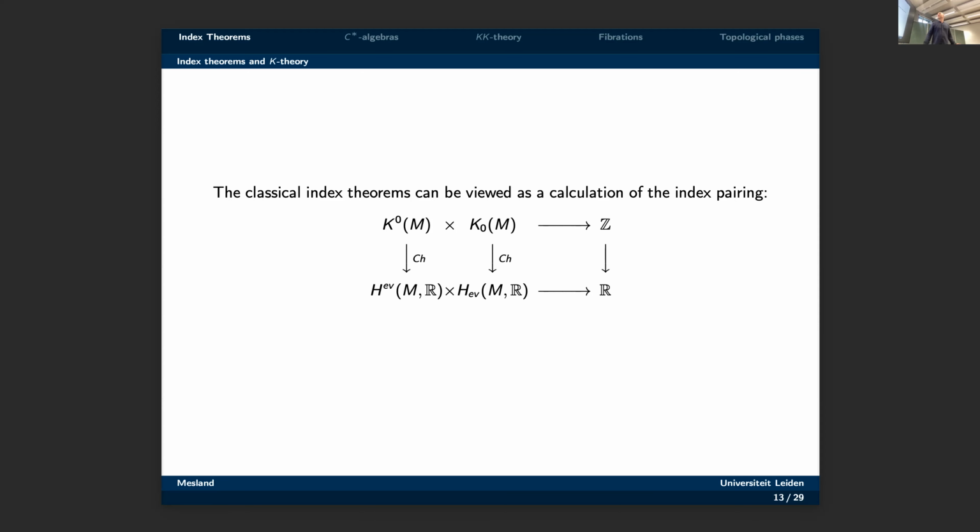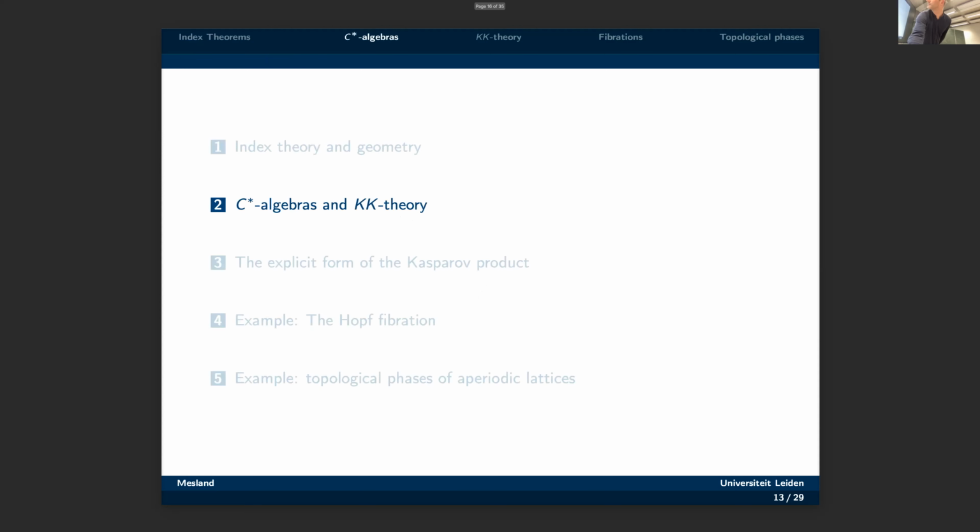So then you can think of the classical index theorems as computations inside this diagram, where you have the K-theory K-homology pairing, which is integral. You have the homology and cohomology pairing given by integration. It's real valued, and the diagram commutes in some sense, and that's what index theorems do for you. They give ways to compute the values of these index pairings. Okay,